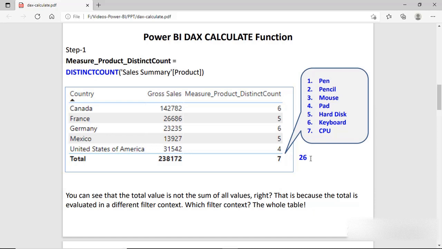Why? Because the total is evaluated in a different filter context. Which filter? The whole table. So to handle or override this filter context, we can use CALCULATE.